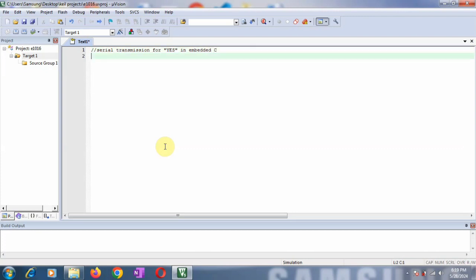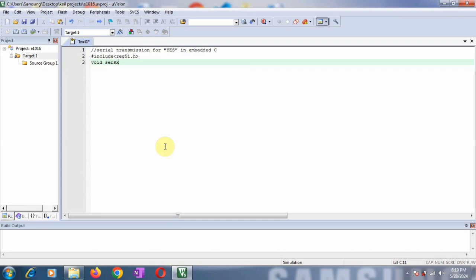Okay, now we'll start writing the program. The first thing is you have to include the header file. The header file that we are including is reg51.h, because this file contains all the definitions for your 8051 microcontroller. Now here I am transmitting 3 letters, and therefore I am going to declare one function.